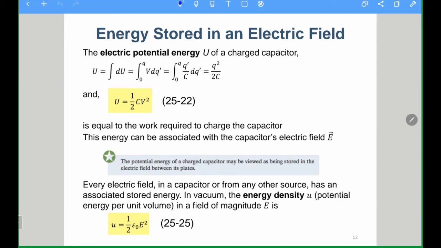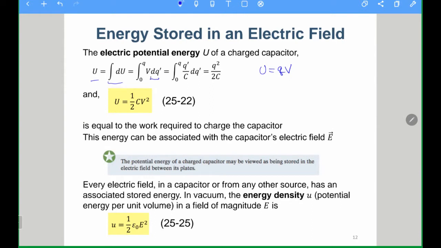Okay, so here it talks about the energy stored in an electric field or in the capacitor. So here it says this is the total energy. Total energy will be the integration of dU, and it's actually mentioned that U here is U equals q times V, and here it tries to